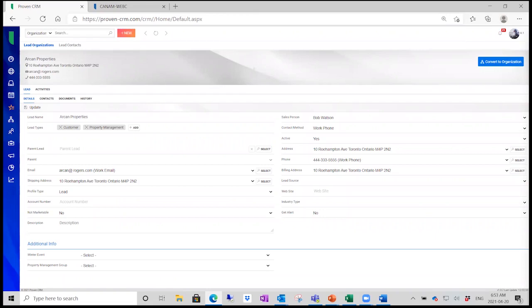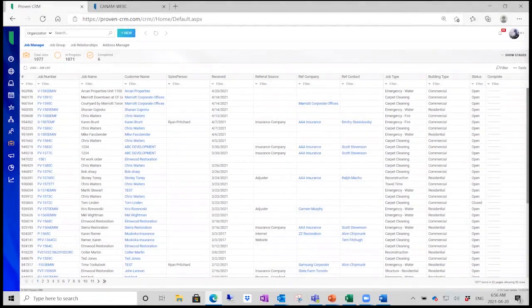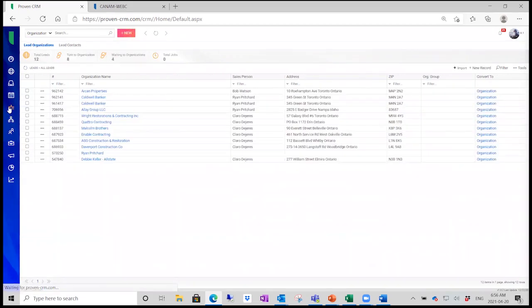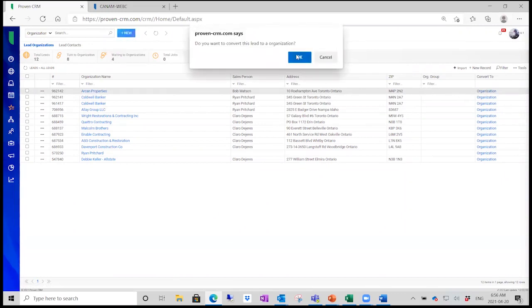So now that we've created our lead organization, when a job finally comes in and that lead organization is still sitting as a lead and not converted to an organization, we could potentially have some duplications. There's an easy way to rectify that scenario. As you see, we have a job here for our Arcan properties, but we also have Arcan properties as a lead. What we recommend you do is convert to an organization,